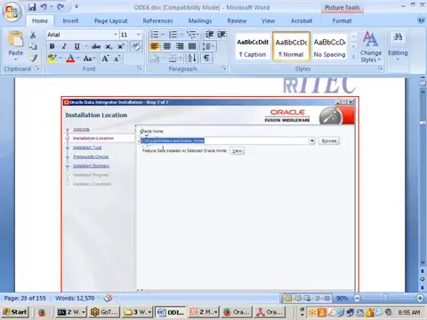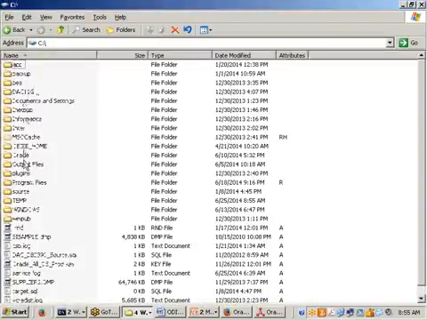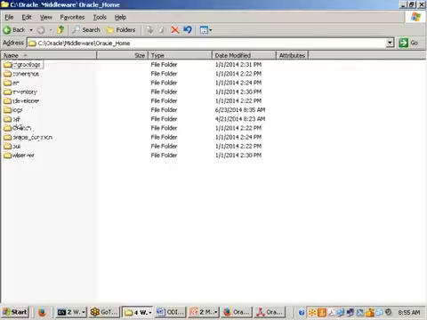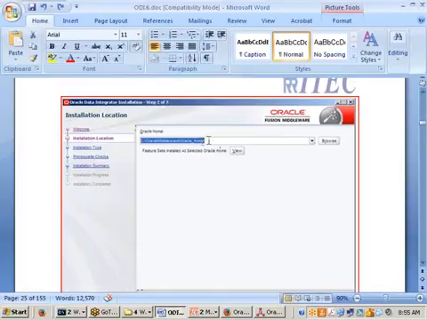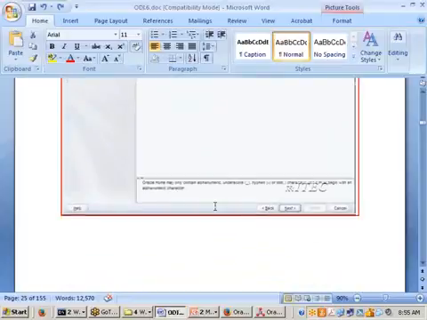By default, it is going to take the C drive, Oracle middleware. If you want to give some other location, we can provide it. In my case, I didn't change the path. That is the reason that in the C drive, in Oracle, in the middleware, the 12c ODI is installed here. Okay, that's what is available. Next one. This is the second step, where we provide the location you want to install.